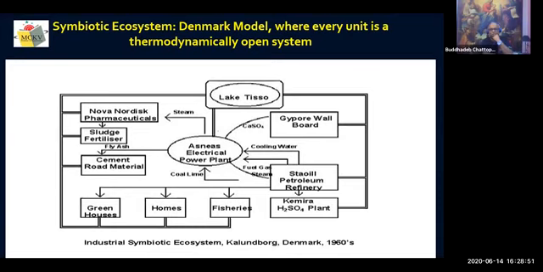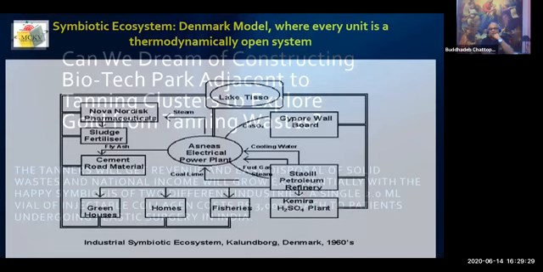So you see, Lake Tisho is giving only one pipeline to Arsenal Electrical Power Plant, and the others are exchanging either matter, that is the waste or product of the factory, or the energy. So I can say in terms of ecology, or in terms of thermodynamics, I should say, it's an open kind of ecosystem. It's an open system, both the matter and the energies are exchanged. And at the same time, this is making a viable industrial ecosystem.